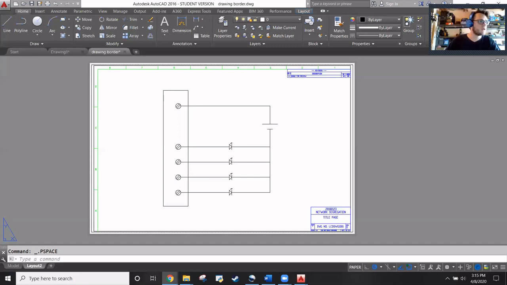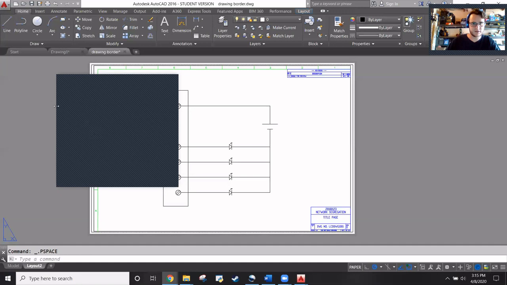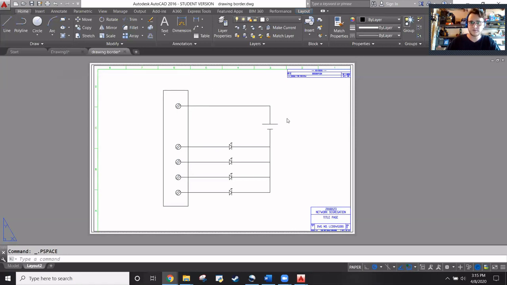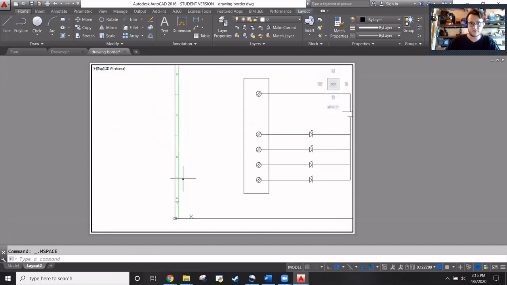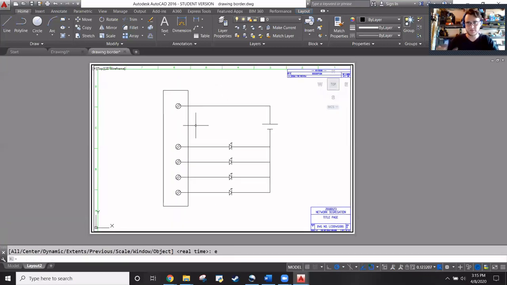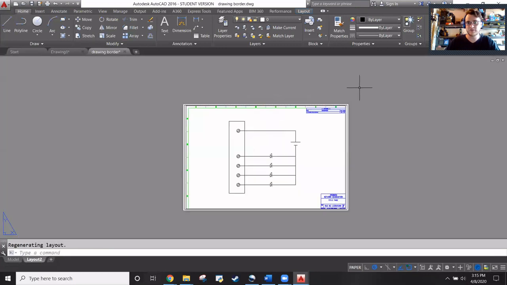So I had another question. This one about the paper view being slightly shifted. That is also what we're talking about here. If you double click in the paper space, that's tunneling into the model space. So if it's shifted like this, what you want to do is double click in here to get in, then type Z and then E, and it'll zoom to the extent of your content in that paper space. And then from there, you have to make sure to click outside of that content, because otherwise when you zoom,